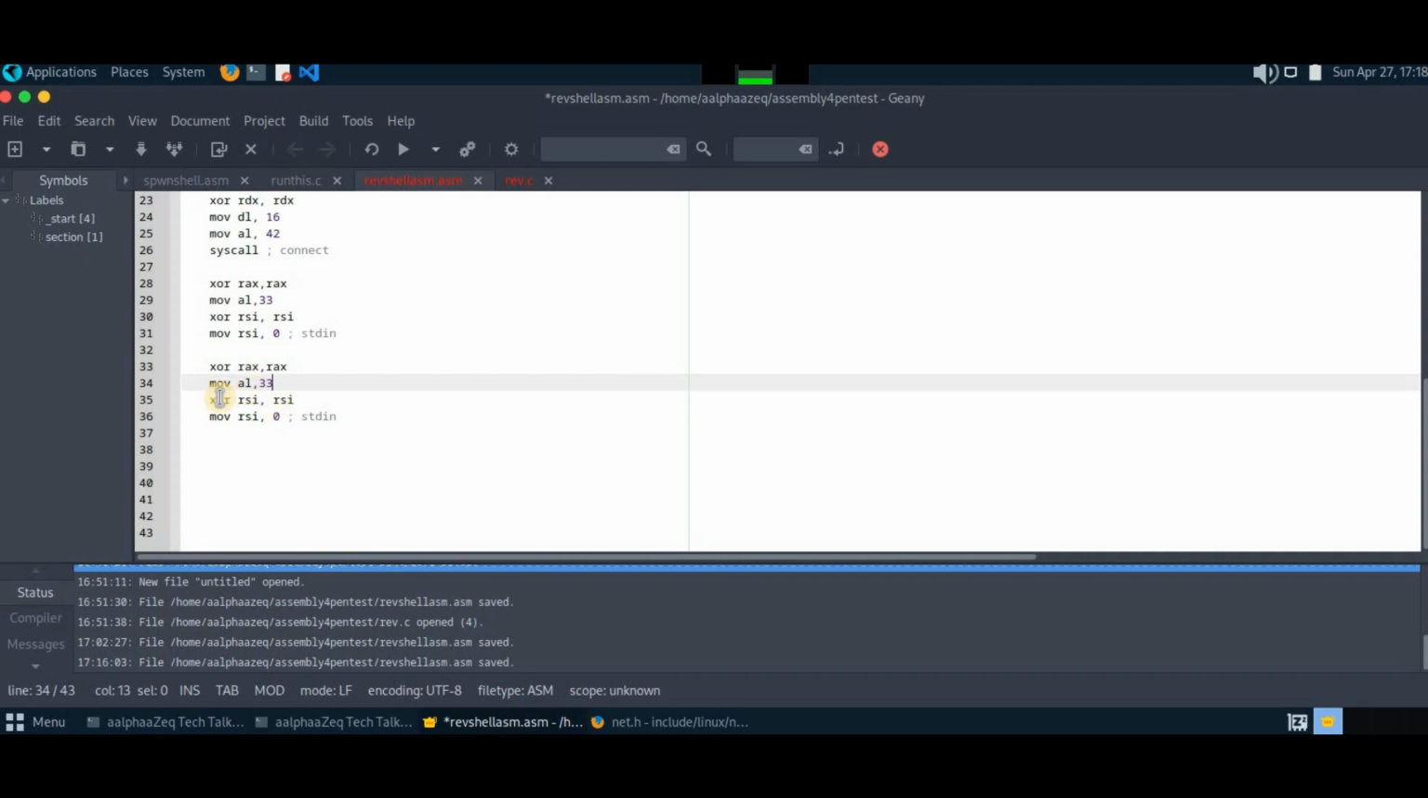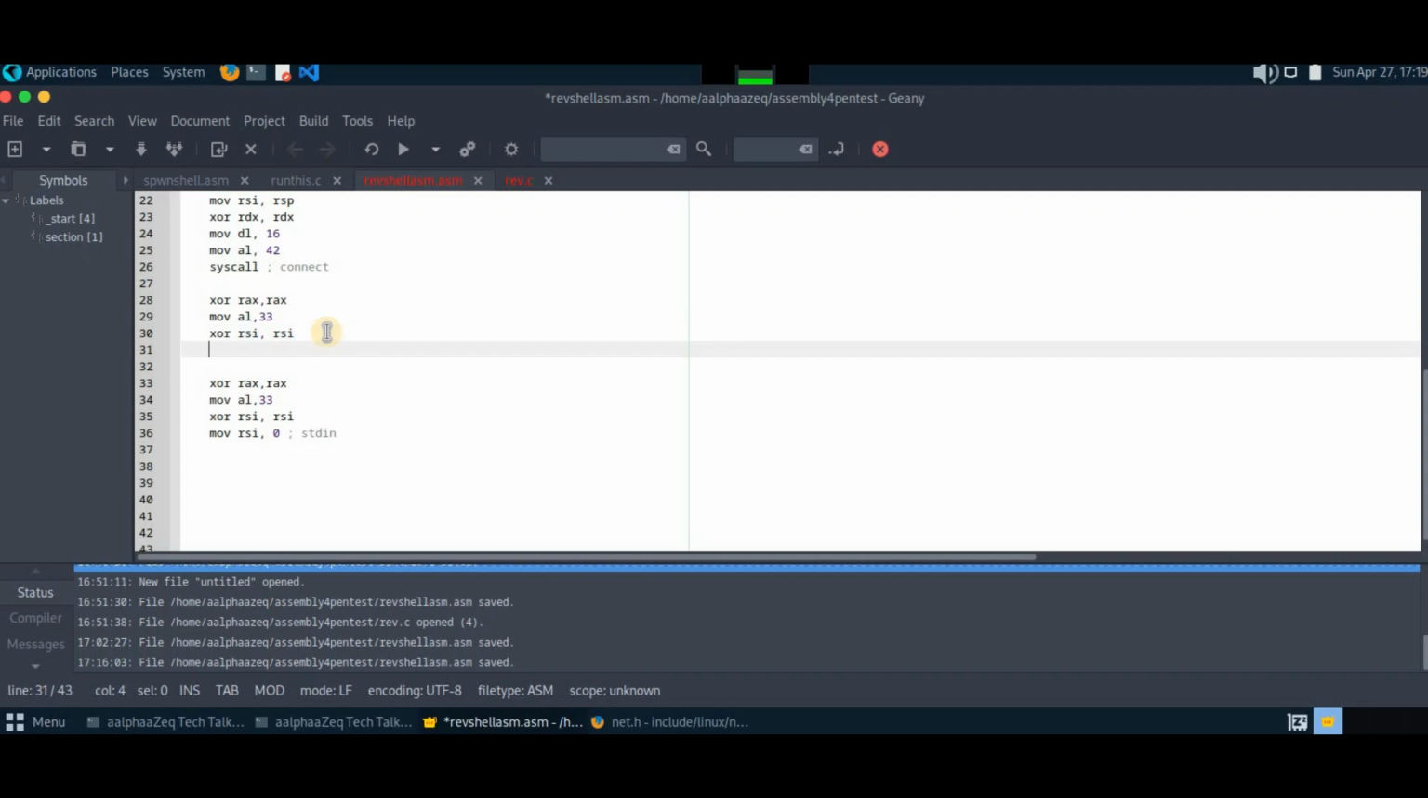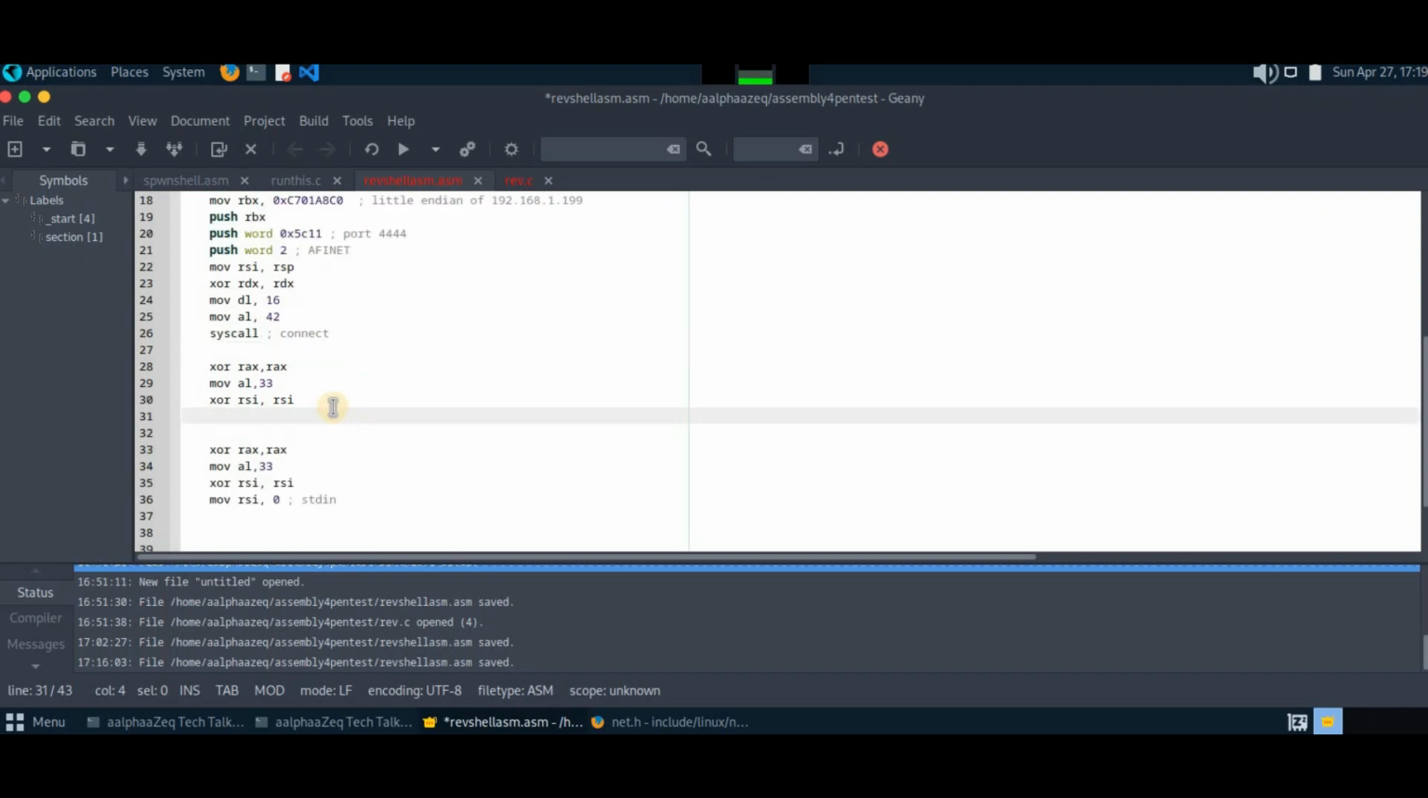Okay, now we need actually, oh no, here we don't need this one. We already did XORing here. So now we have RSI as 0. Why? Because stdin, like the syscall here,